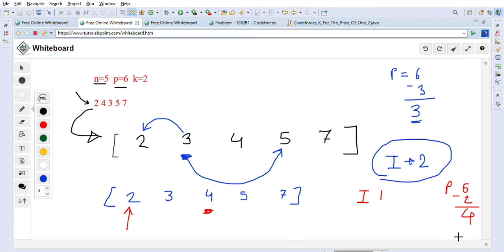So we have 4 points, we can buy this item. Once we buy this item, we are going to get this item for free, right? So 2 items will be increased. So now our items become 3. After that we will go alternate, right? We will go and check if we can buy 7.